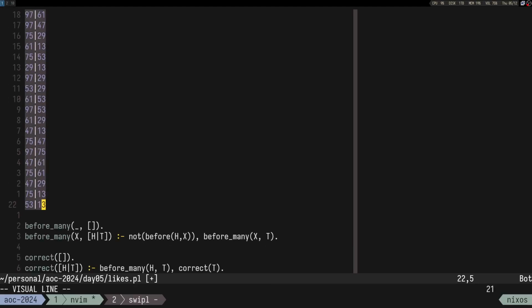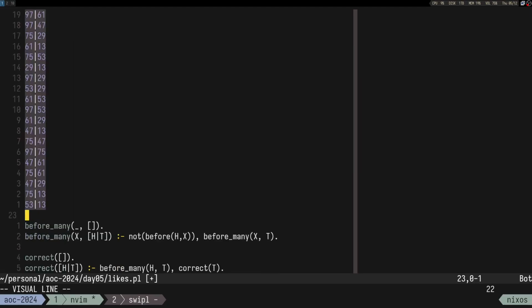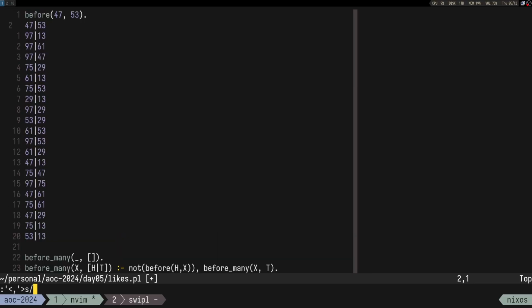So let's try to do something like replace. So I'm gonna do something like digit star,